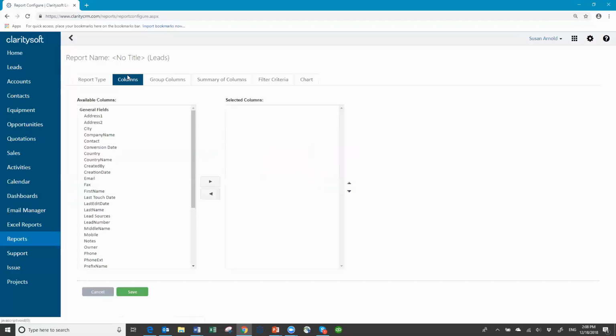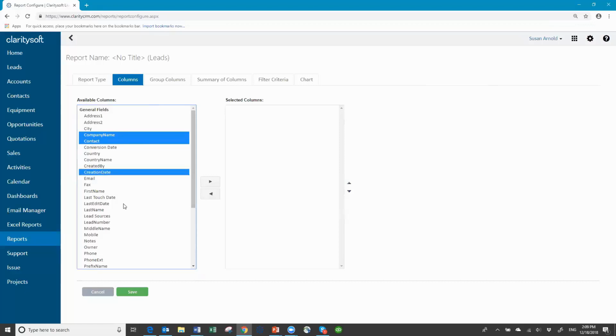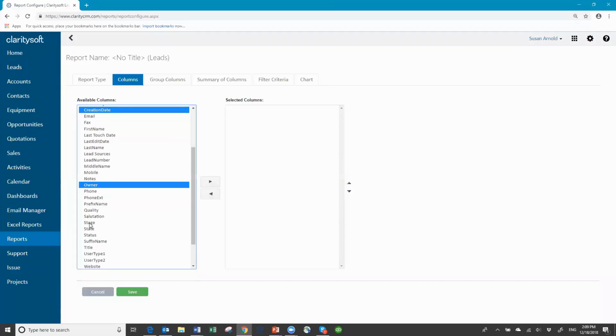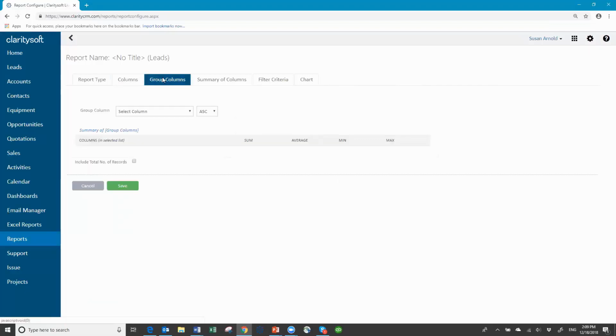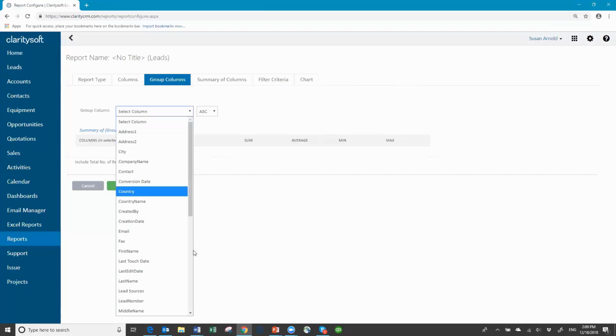So my next step is to select the fields that I want to come out. So let's say I want to know the company name, and I can hold the control key down and click on the fields over here. I can put the creation date. I definitely want the owner, and maybe the status. So you may pick as many fields as you want, and then you push them over here. I'm going to take owner and move it to the top because I want to group by the owner, and that looks fine. So I'm going to come to group columns, select owner,